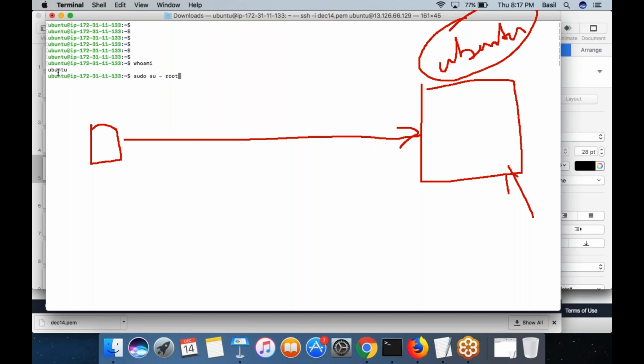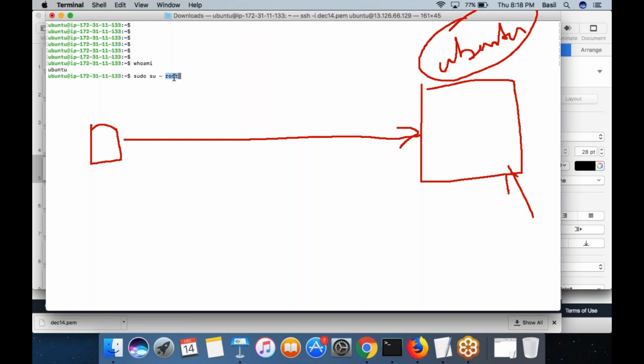Root is a special user in Linux. Basically, same as the administrator in Windows, right? Basically, root is a powerful user, or you can call him a super user. He can execute any command on your Linux machine, whether you want to attach a new hard disk to your machine or create a file system on a hard disk, right? You want to create other users. Whatever operation on a Linux machine you would like to perform, this root user can perform. He is an eligible user. He is a super user.